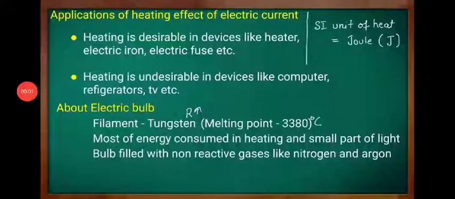In this video, we will study the heating effect. In the previous video, we already saw the heating effect in devices like the electric bulb, water heater, and electric iron.